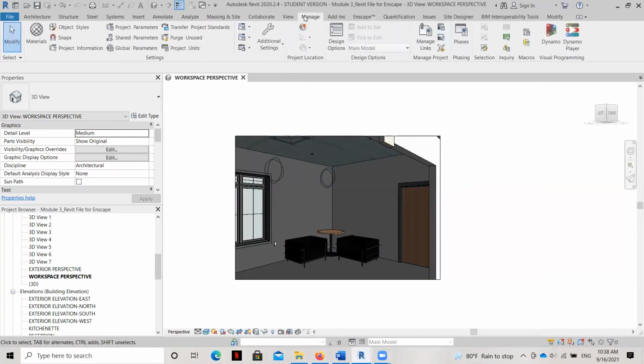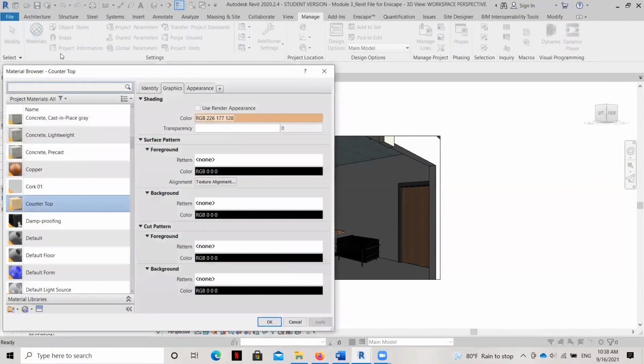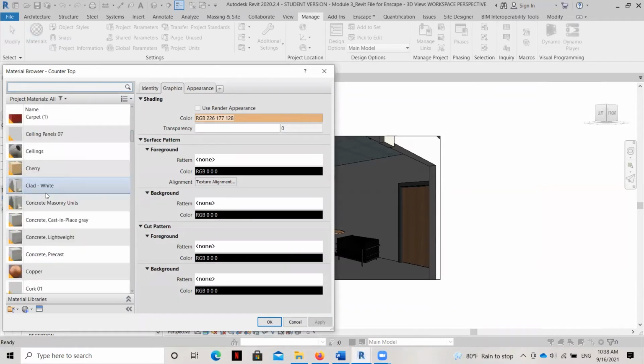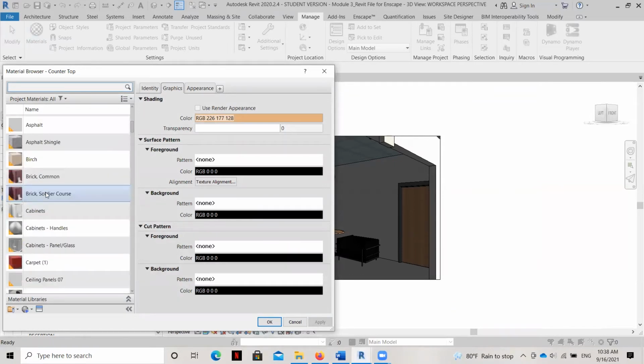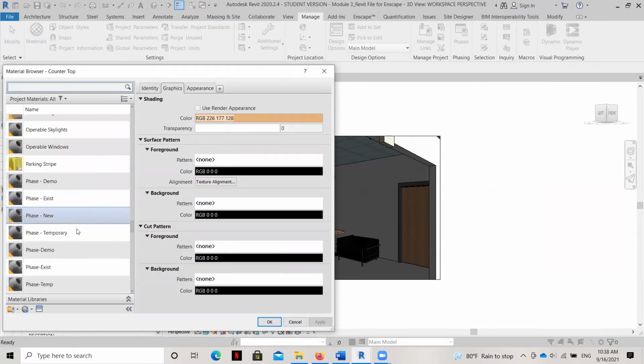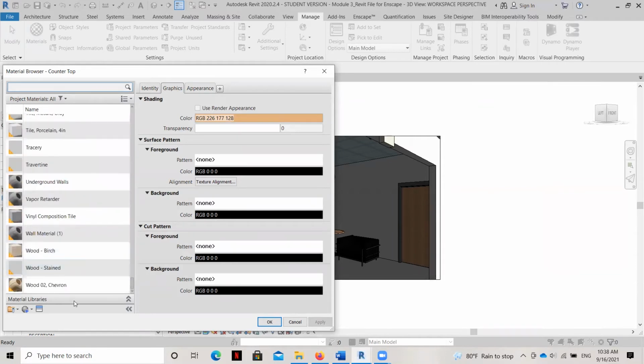And so let's go ahead and look at manage materials over here. And we should see them. So there's cork. There's our ceiling panel, and then we'll see our wood chevron down here, I bet. Okay, now I'm going to make just a couple changes to the materials here really quickly.